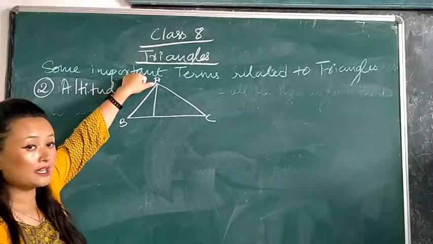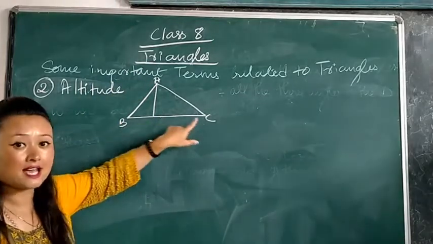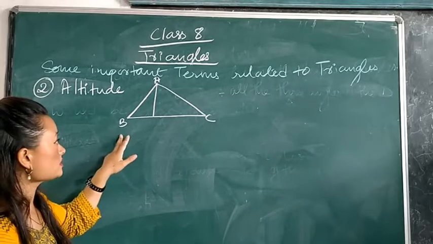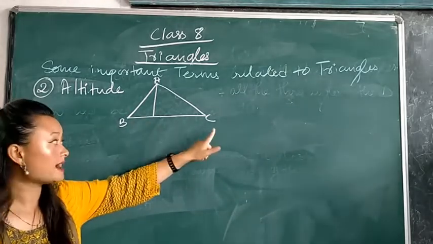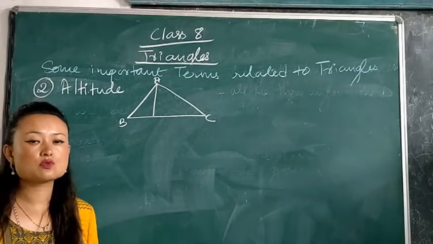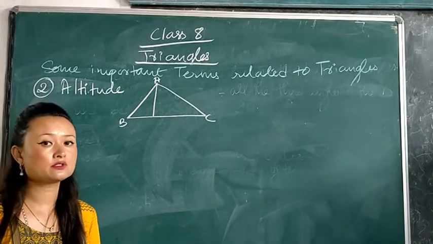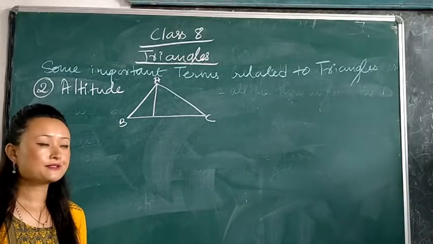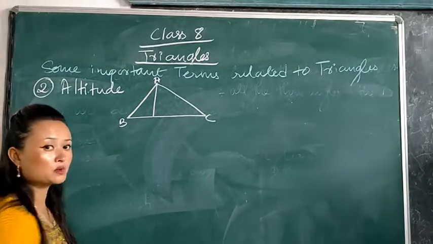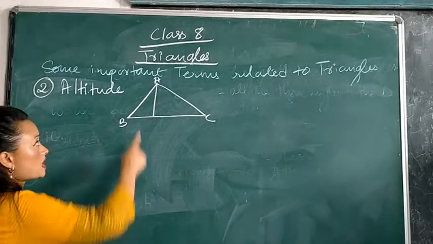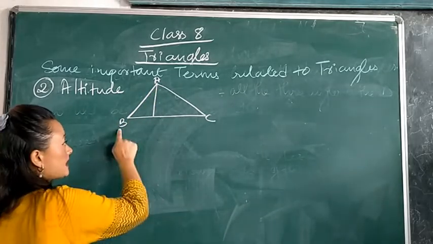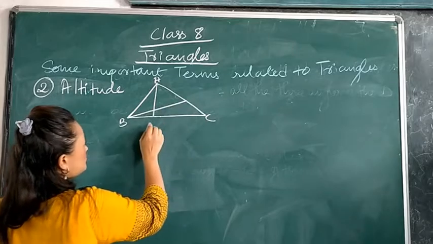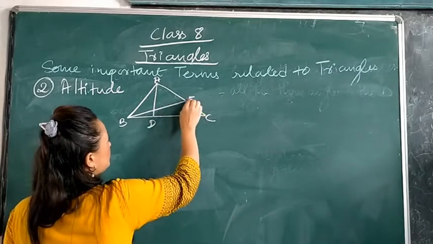Altitude means a line drawn from a vertex to the opposite side of a triangle, but unlike a median, it does not divide the line segment into two equal halves. That is the major difference between an altitude and a median. A median divides the side into two equal halves, whereas the altitude does not divide the line segment into two equal halves. So let's name the feet D, E,